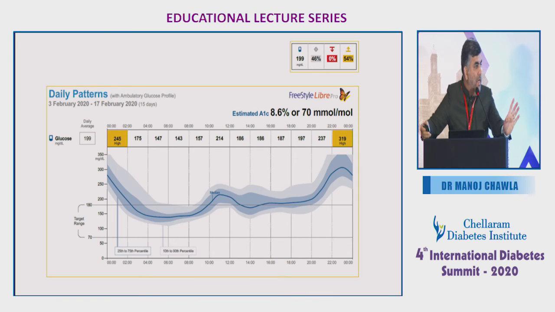So I mean, that's very important. Even before FGM, we were treating all these types of patients, but there the monitoring is very, very important. Without monitoring, just increasing the dose of any molecule will increase the chances of hypo. So I think at 8 o'clock this patient is having dinner, and if you see 10 o'clock, 11 o'clock, it's really going up. So that dinner, up to 2 o'clock, midnight.